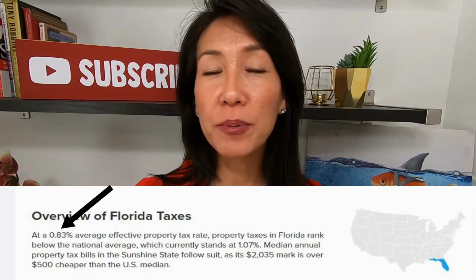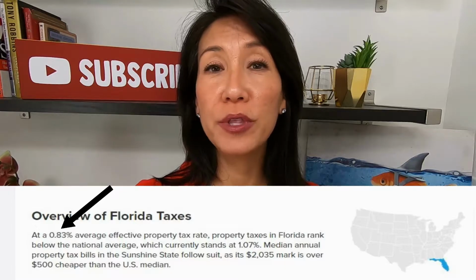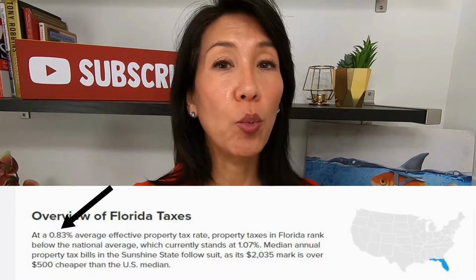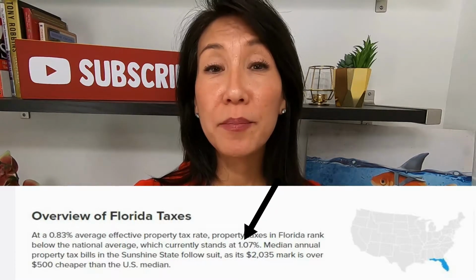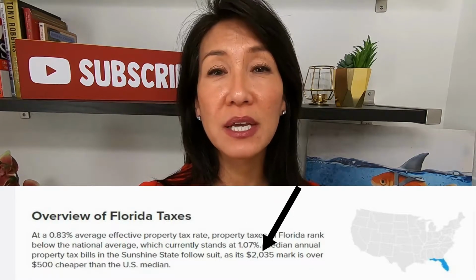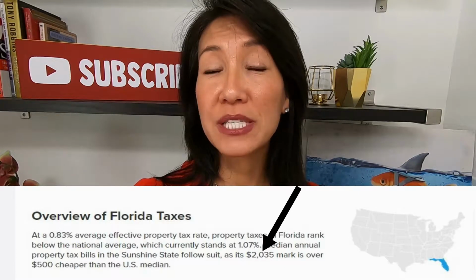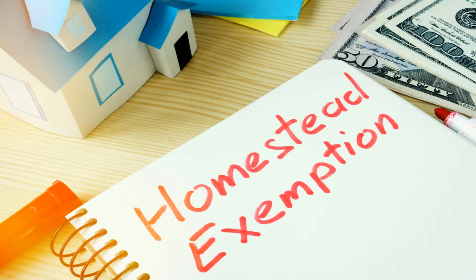At 0.83% national average tax rate, property taxes in Florida rank below the national average. Currently, they're at 1.07%, and the median annual property tax bill in Florida is about $3,500, which is about $500 less than the U.S. median. The most widely claimed tax exemption is the Homestead Exemption, which you can claim on owner-occupied residences to protect